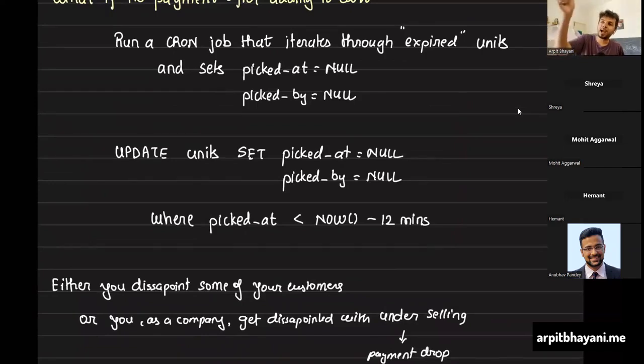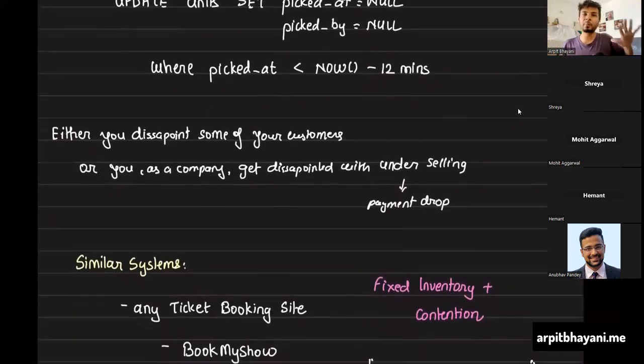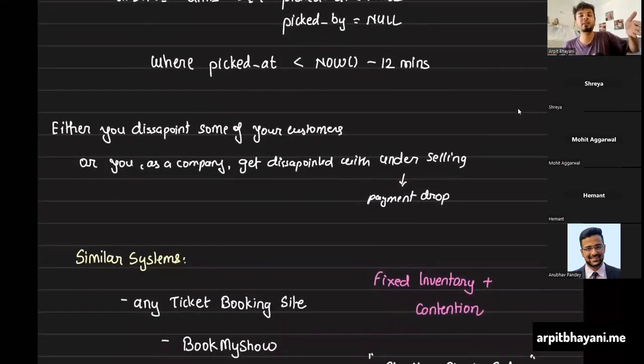So either you make the item available for other users to purchase, like people sitting outside, or otherwise you say it's okay, I will undersell. If I said to sell 10,000 items, it's okay for me to sell less than 10,000. 9,000 is fine, right? So either you disappoint some of your customers by accepting the payments and then refunding them, or otherwise you disappoint yourself by underselling, that, hey, I'll just resell it in the next flash sale, right? Either way, companies opt for that experience.